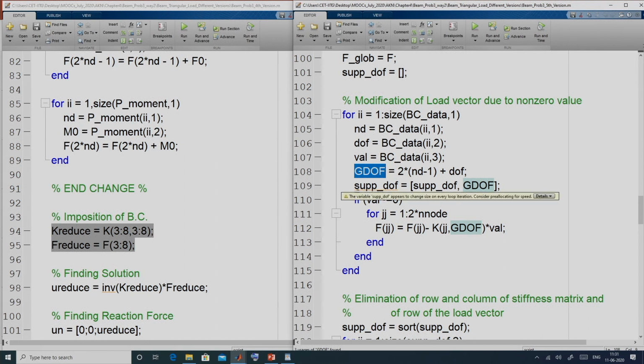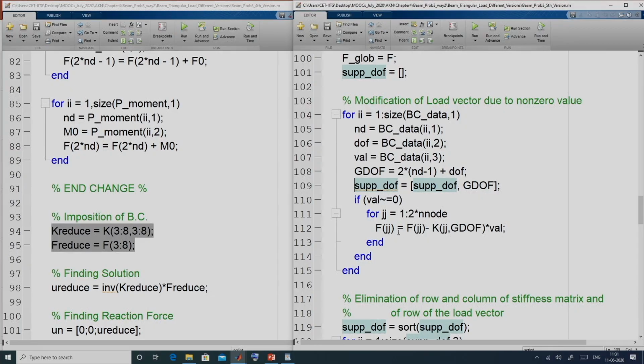So, we append that global degree of freedom to our new array suppressed DOF, and if our value is non-zero, then the load vector is modified. So, our F bar becomes F minus that K JJ comma DOF into value.